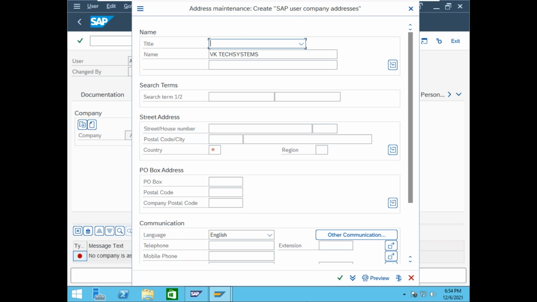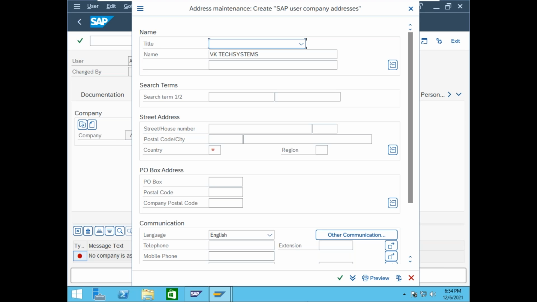On this page, do you see any difference? I think you are all SAP basis working persons. Do you have any difference on this page? Here the country has a star mark. Star mark means it is compulsory to fill that one.